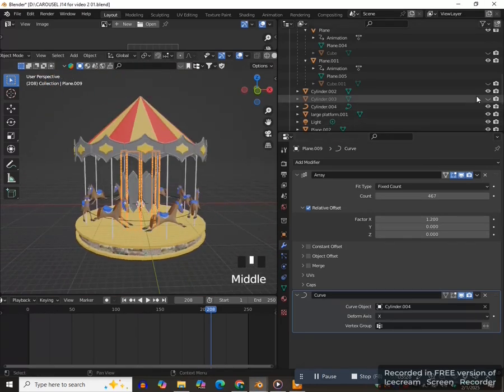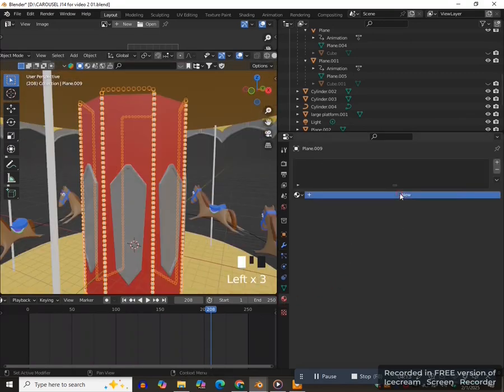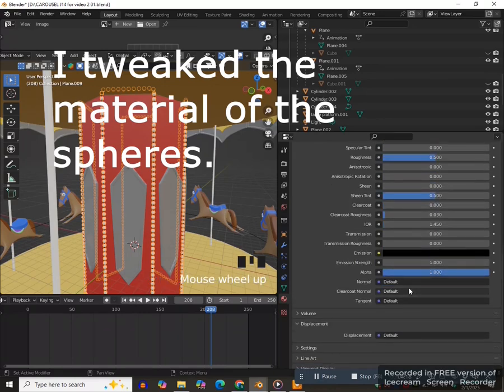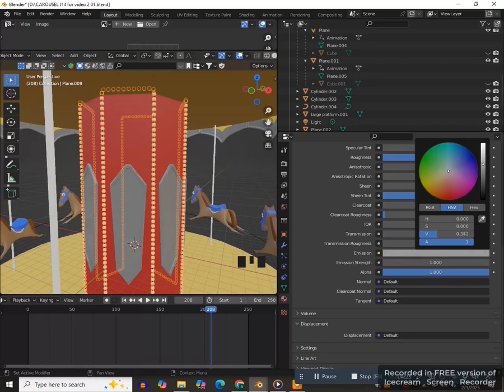Let's bring everything back, and we need to bring the cylinder back. Now let's go here to material properties, give it a new material. What I'm going to do is bring it down here, where it says emission, and then just bring that up, make it a little bit bright, not too much, and then maybe go over here to the yellow,